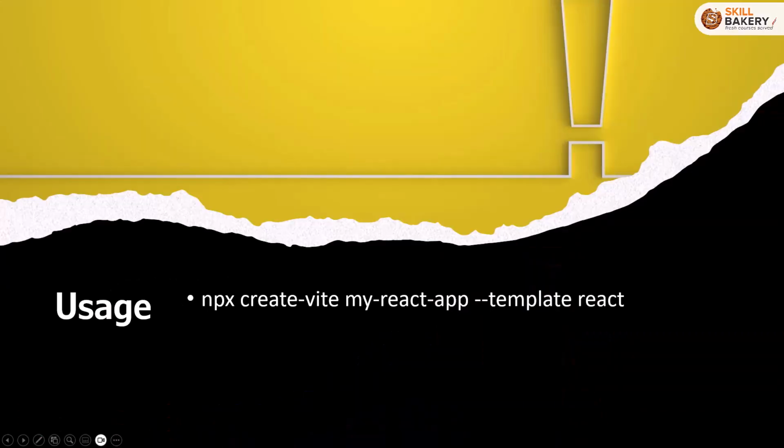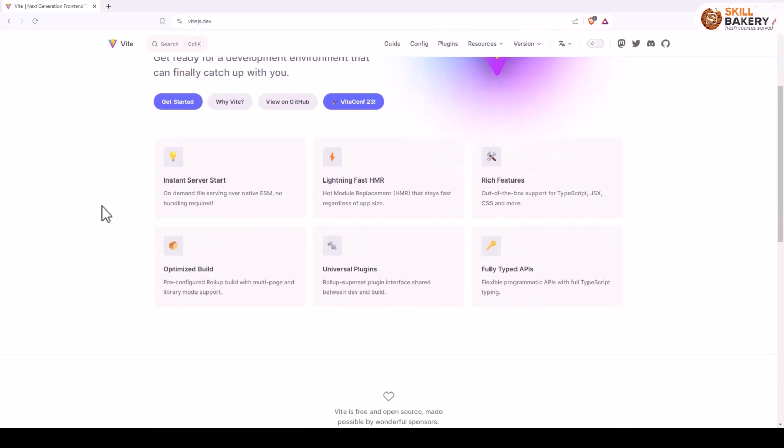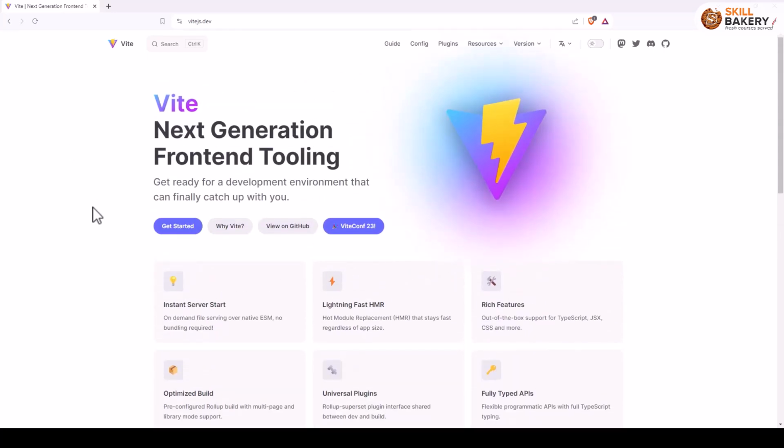Now, in order to make use of Vite, you can make use of npx command. So you need to have Node.js installed on your machine, and then you just run this command npx create-vite and name of your application like my React app, and you have to specify the template because Vite was initially intended for Vue.js. So when you specify this template flag, it will be creating a React project using Vite. You can also visit vitejs.dev website to learn more about Vite. It has got a good documentation, as you can see over here, and it also tells you what exactly Vite